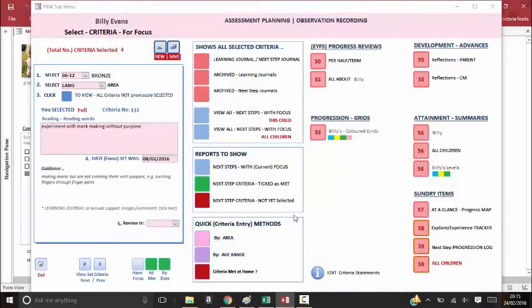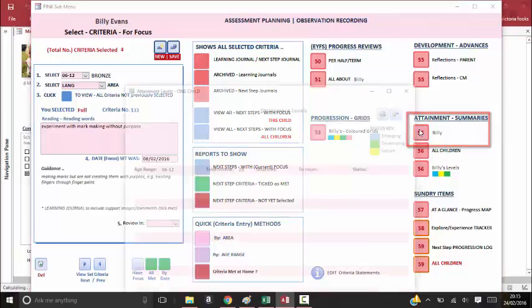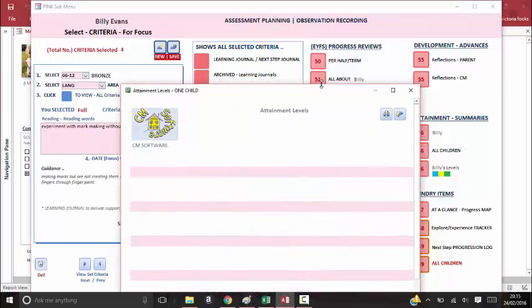When you've been doing the tracking for your child, where you've been working on creating evidence and selecting criteria as met, you have also been ticking on the quick entry methods to update a child. You may need an overview, and a really good one for this is the attainment levels. So if I show you this one,